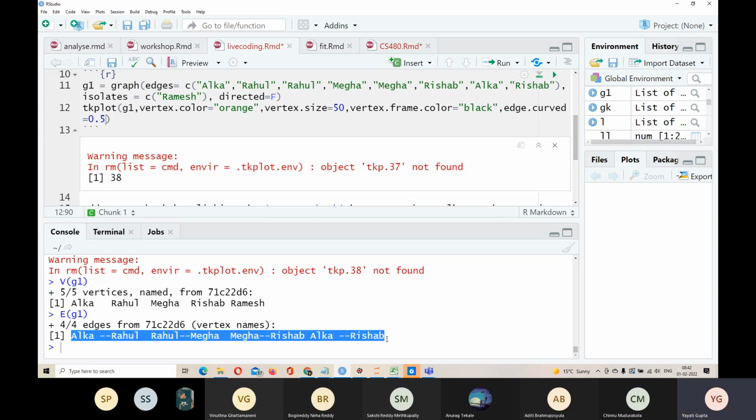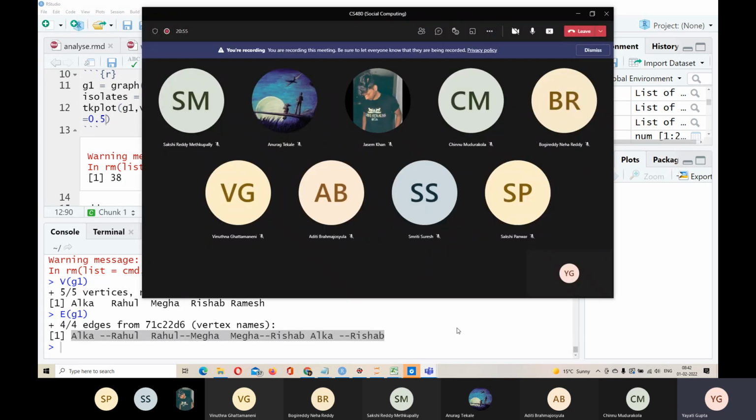Have you studied data structures? It is covered, right? In which year is this course, data structures? Which semester? What happened? Are you people listening? Sakshi, Anurag, Aditi, Smriti. Yes, ma'am, we did.